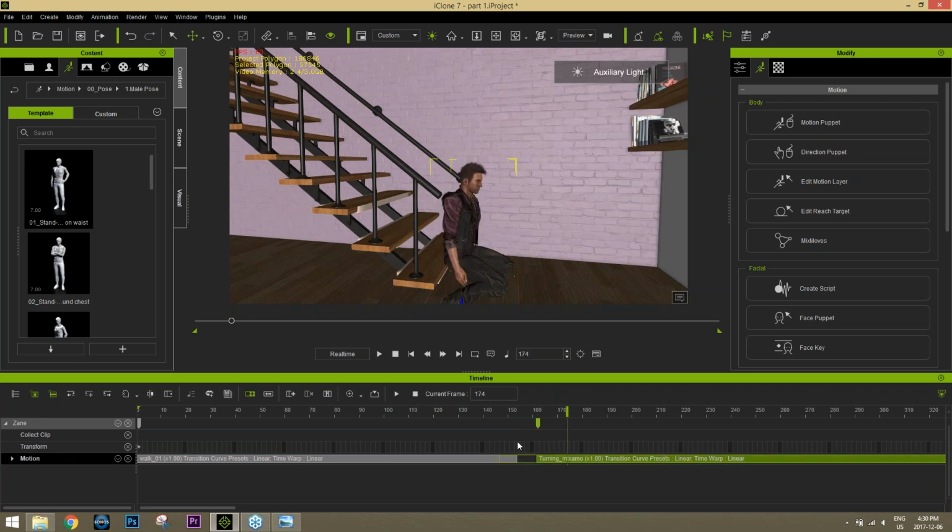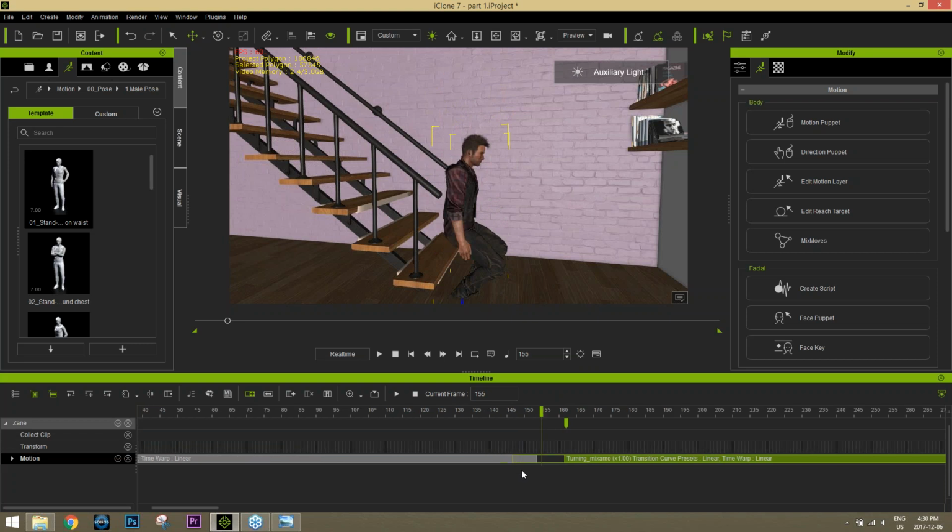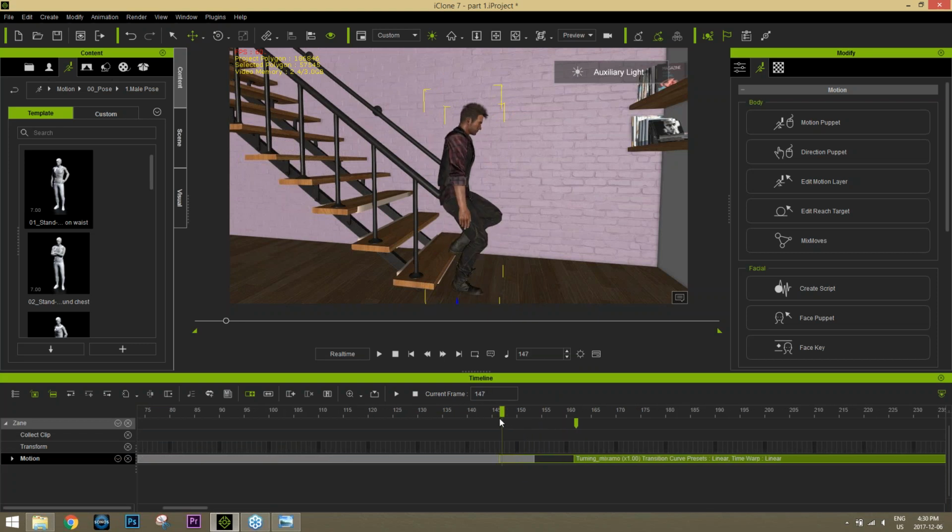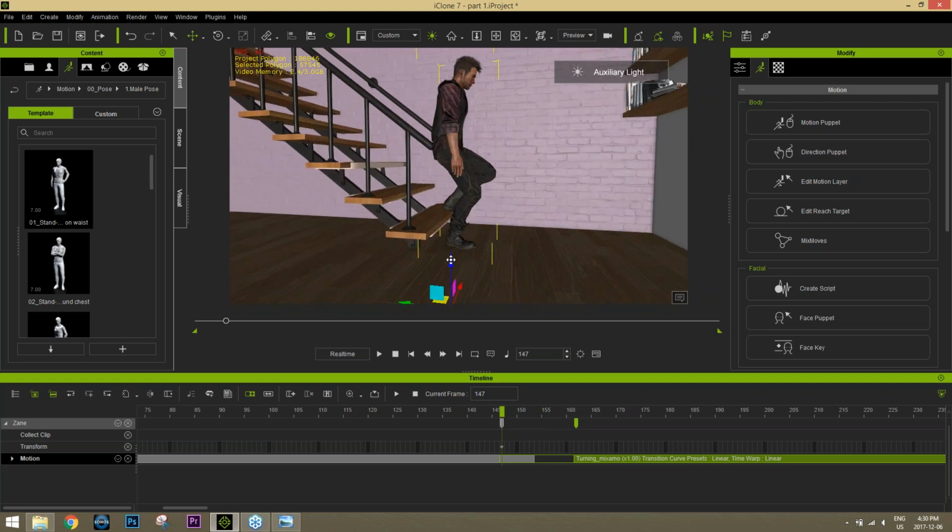So this is the transition area that I was missing before, guys. So what you want to do is at the beginning of the transition area, make sure that your character is in the correct pose. And just like this, okay, bring him up like that. And then at frame 1 of the next clip, you want to make sure that he's in a reasonable pose, just like this. And you bring him forward a little bit. So from here to here,